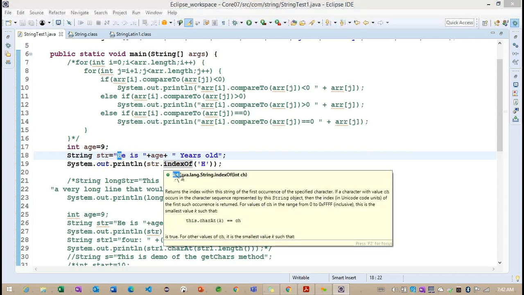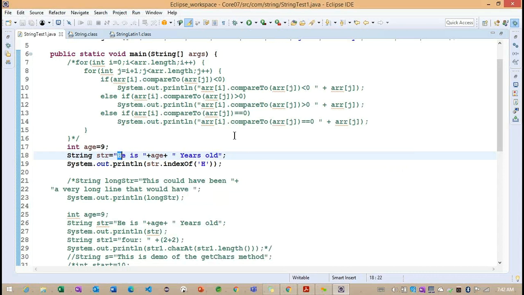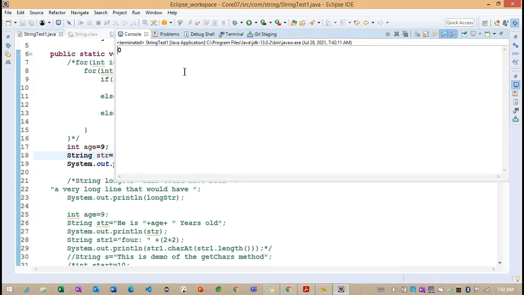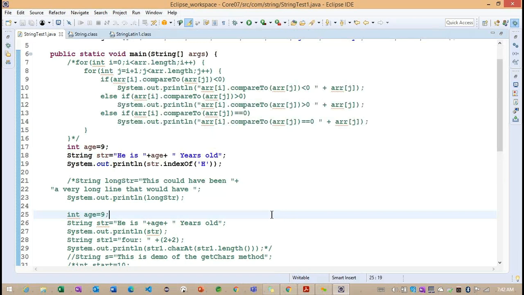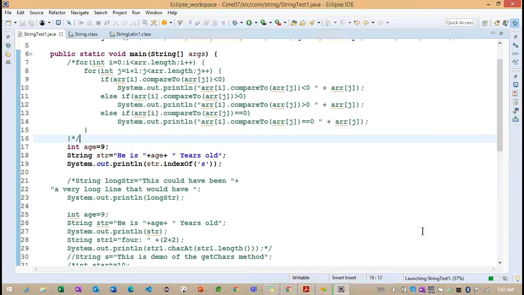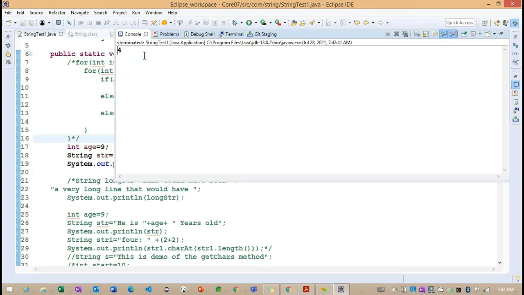Now you can see the indexOf method is returning an int data type, so we are going to get number values. 0. Now what are you understanding here? Whatever character we gave, it resides at the 0 location. Okay. Now I want to check, let's see how this particular s value is going to return.